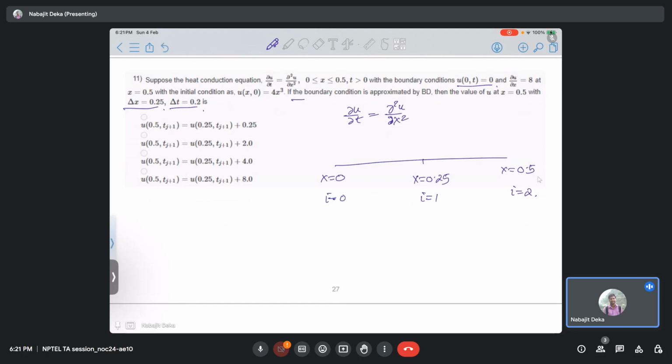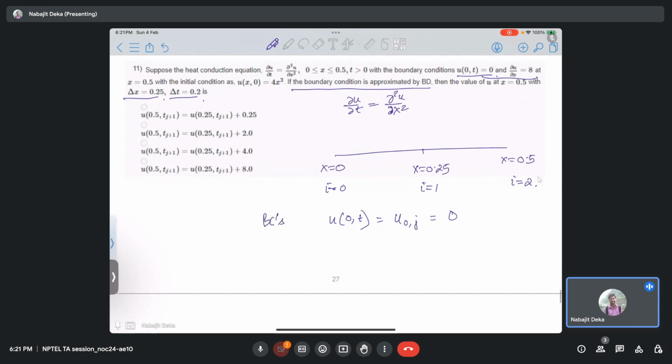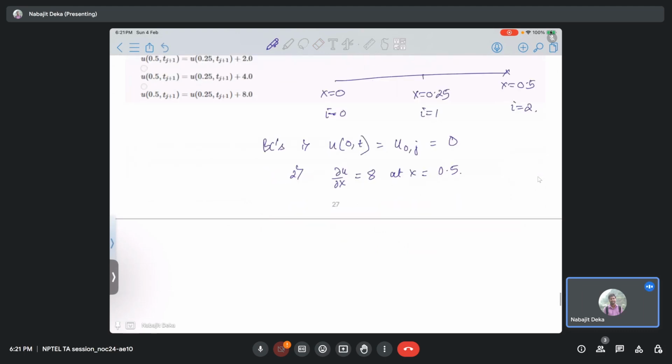Now the boundary condition is being approximated. We have two boundary conditions. One is u at 0 comma t, so that is u at 0 comma j is 0, and the second is del u by del x is 8 at x equal to 0.5. So we can say at this point the boundary condition is given by a